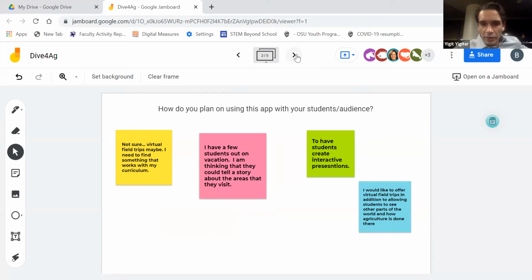For the green one, to have students create interactive presentations. We heard that a lot. It's a great presentation tool, actually. And when we think about the pink one too, it's a presentation tool. So if this is a presentation tool,